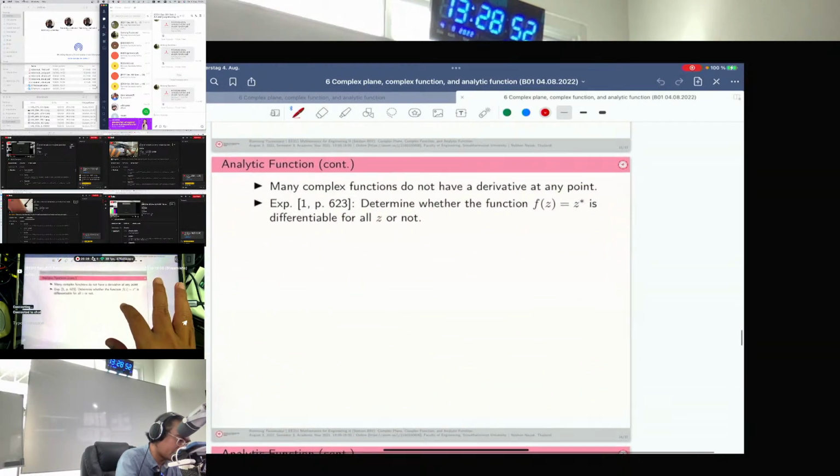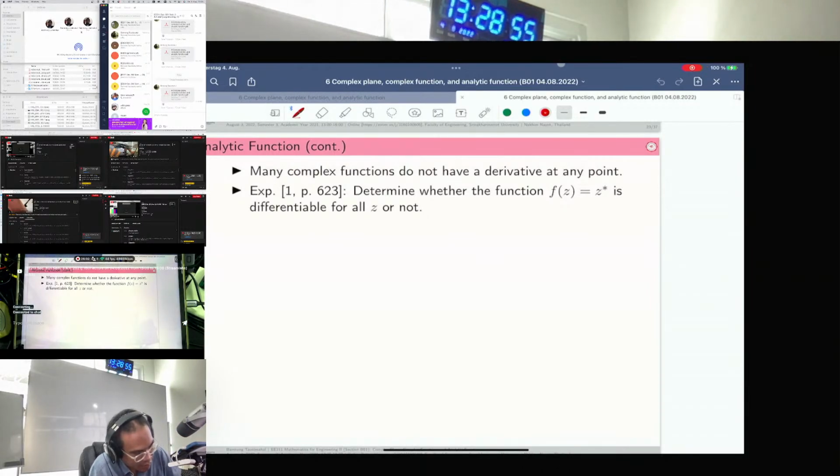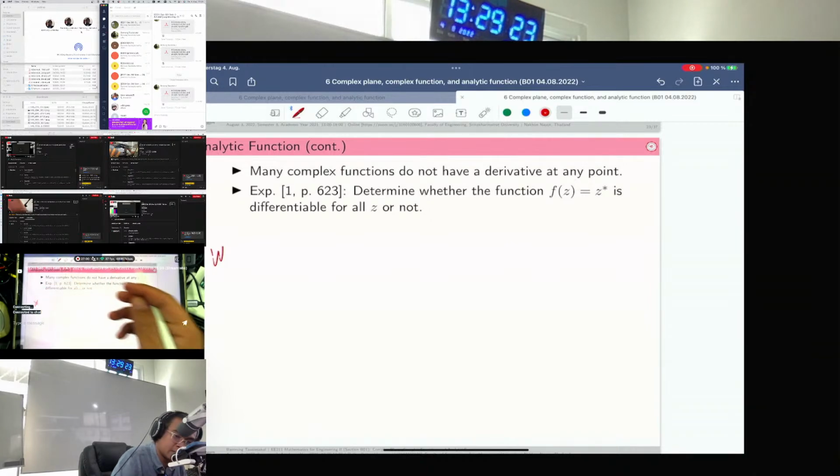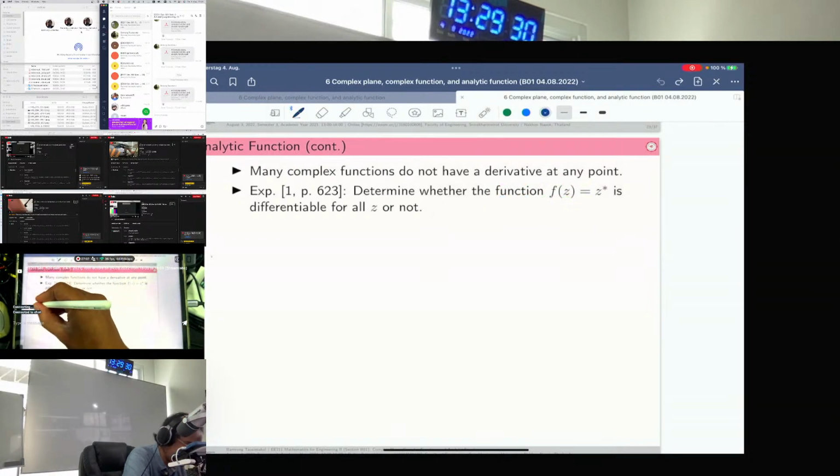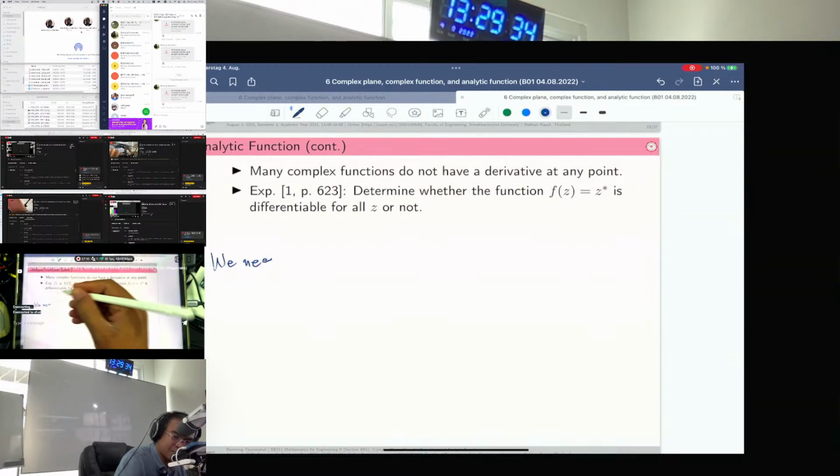Let's consider the next thing. Many complex functions do not have a derivative at any point. For example, we consider the complex conjugate. Determine whether the function f(z) equal to z star is differentiable for all z or not. Okay. Now we would see whether we could find the limit. Okay, we have to prove, we need to show whether